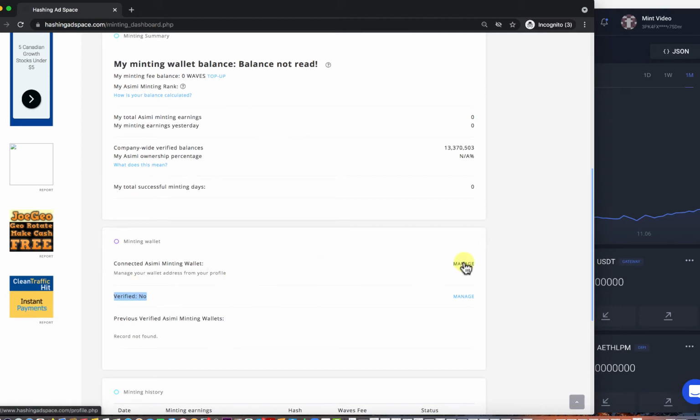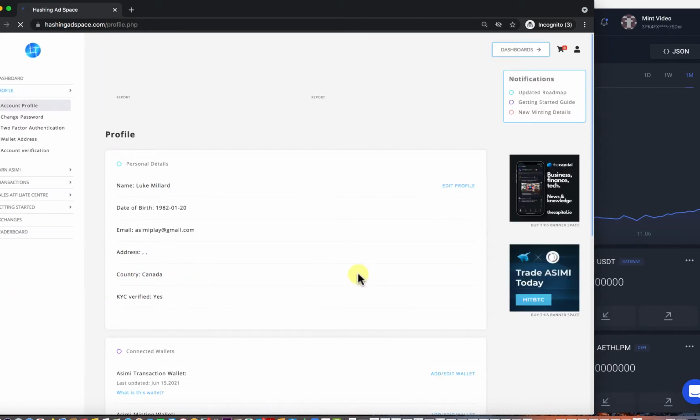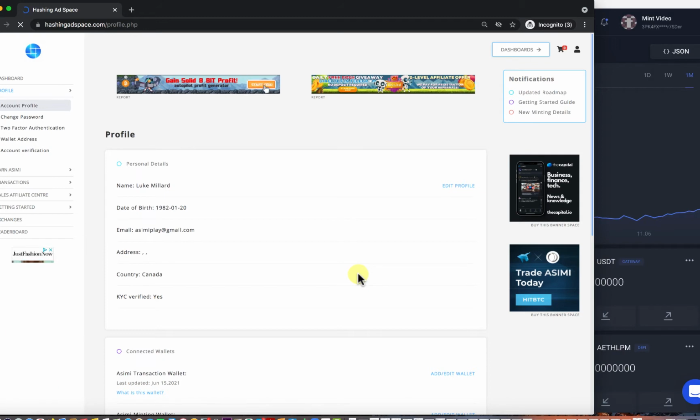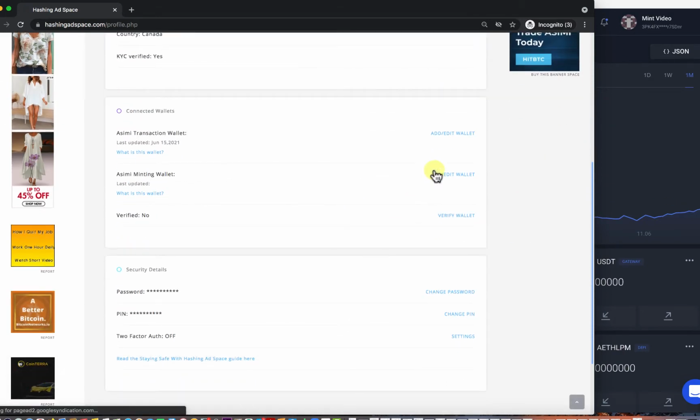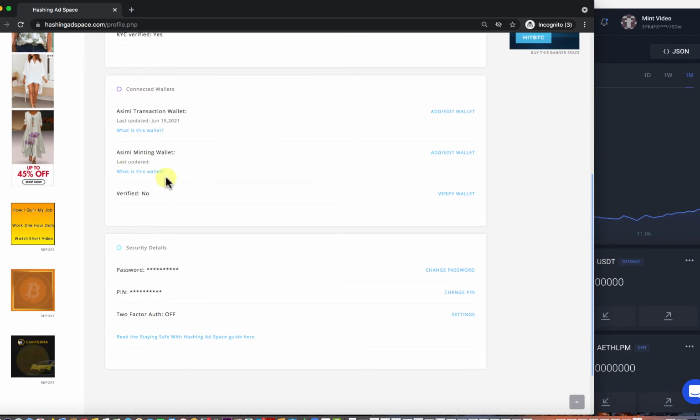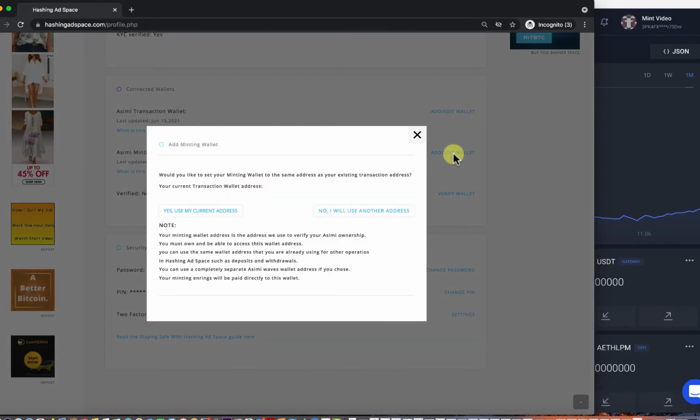So we're going to come to Manage, right here next to Connect Asimi Minting Wallet, and then you can see we've got our profile there, and we'll come down and we've got our transaction wallet. So this might be to deposit and withdraw from Hashing Ad Space your earnings, but this is the one that we're actually setting up here, which is the Asimi Minting Wallet. So we're going to click on Add Edit Wallet,